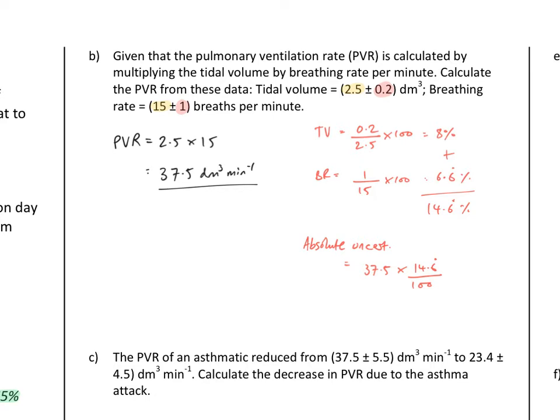You can lose marks for incorrect rounding. That's times 37.5, which equals 5.5. Exactly. 5.5. So the overall answer equals 37.5 plus or minus 5.5 decimeters cubed